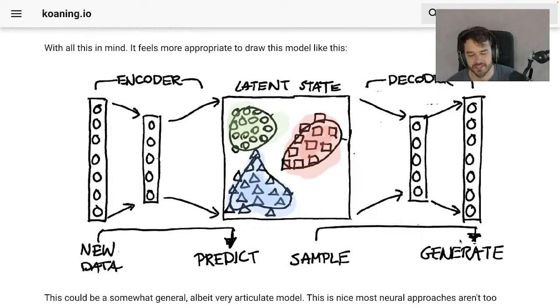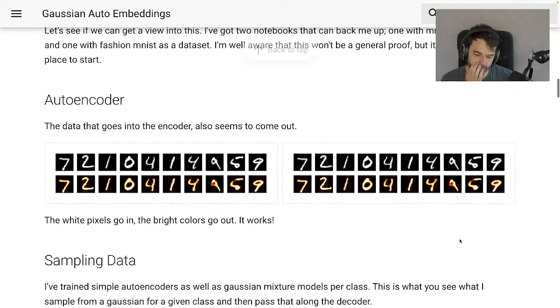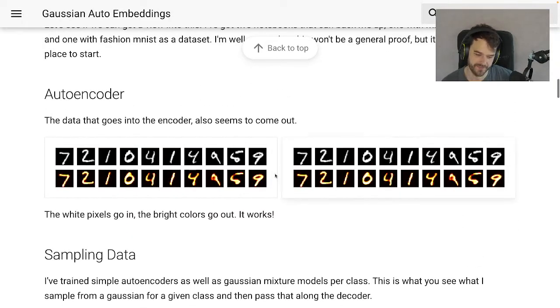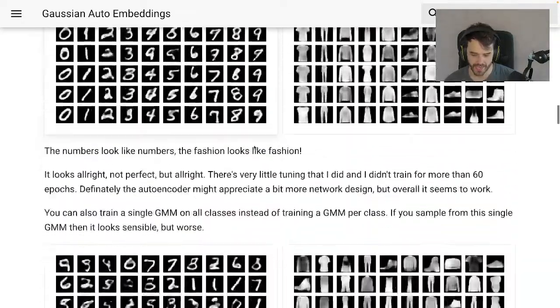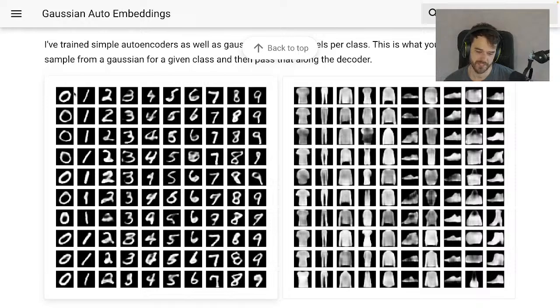What I'm about to say is less of a mystery if you're well versed with neural network stuff. If neural networks are new to you, it might sound a bit more crazy. But the experiment that I did in this blog post is I figured, let's first train an autoencoder. The line above is the stuff that's going in, and the line below is the stuff that's coming out of my algorithm. So we've got the autoencoder working. That's great. But then what happens if I sample from that latent state? Let's just sample a bunch of them. This is the MNIST data set, handwritten digits. I told my algorithm, let's sample from the Gaussian mixture that's around the cluster of all the zeros, and let's see what the decoder comes out with.